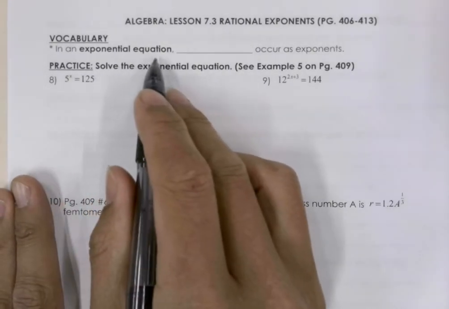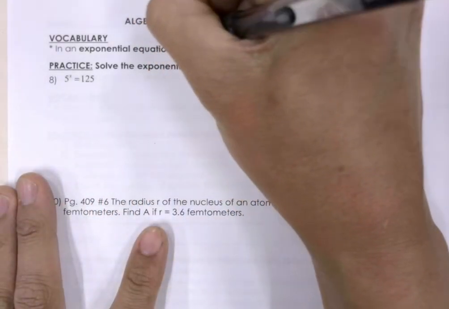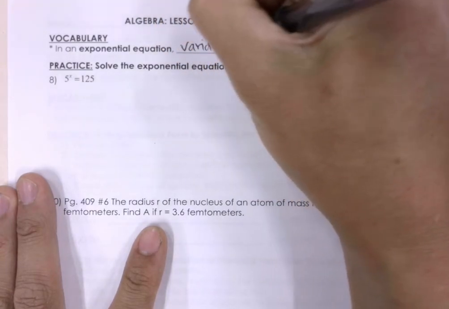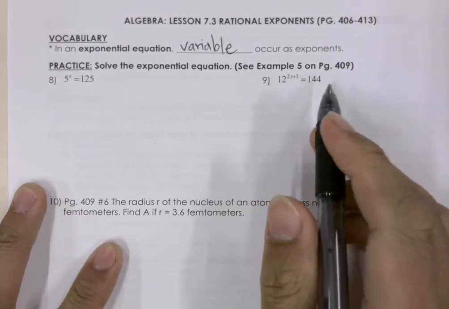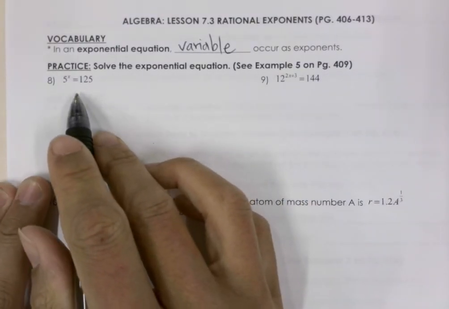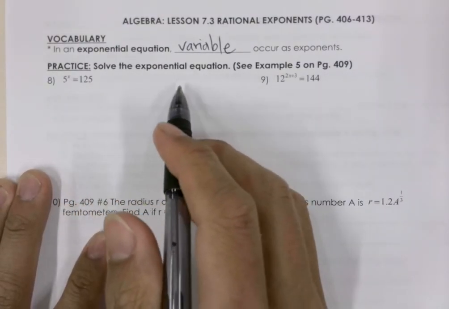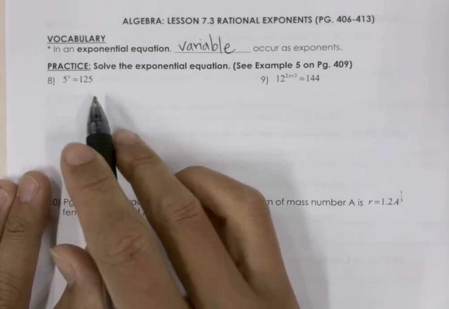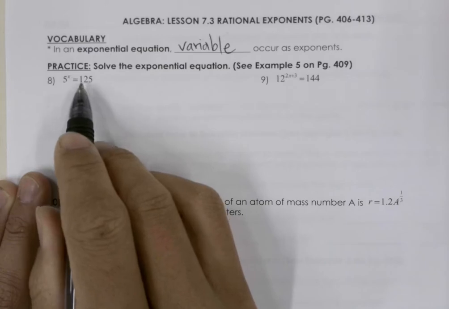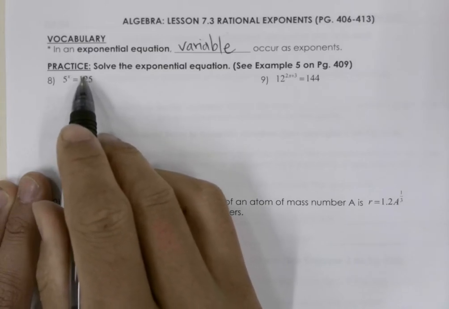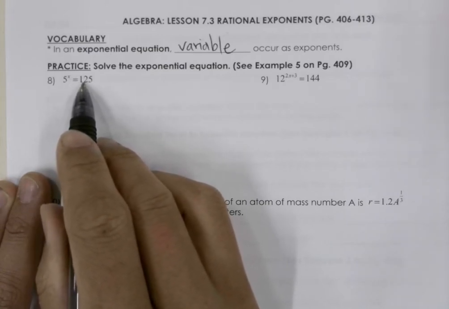In an exponential equation, variables occur as exponents. So we have these types of problems. Solve the exponential equation. And the way we solve it is we need to convert 125 into a base raised